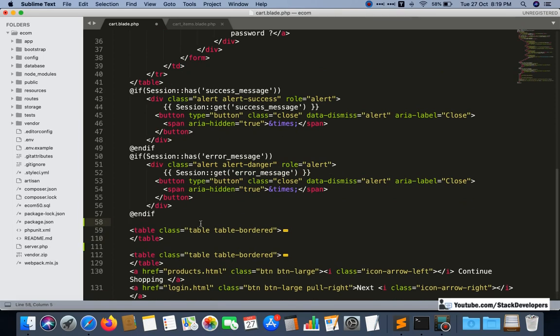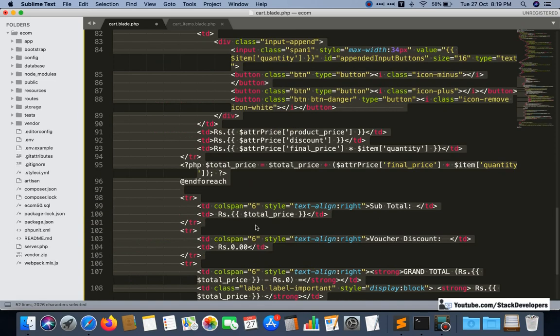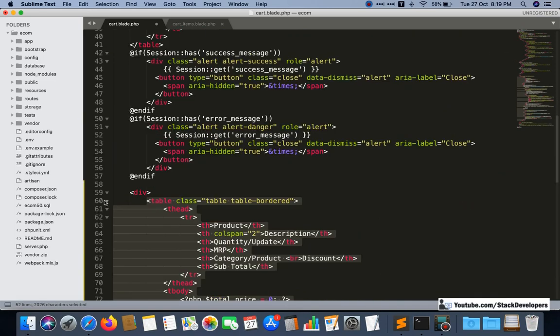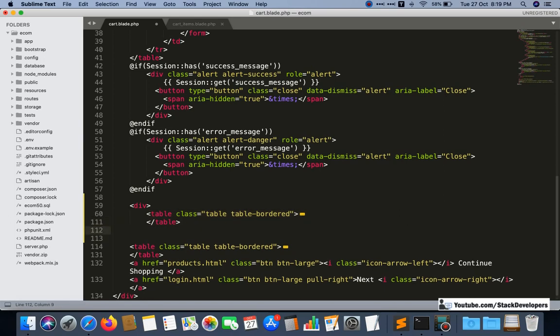Here I am going to do one thing. I am going to add one div, and close it like this, and I will give one ID, which I will name append-cart-items, as I am going to append these cart items every time.